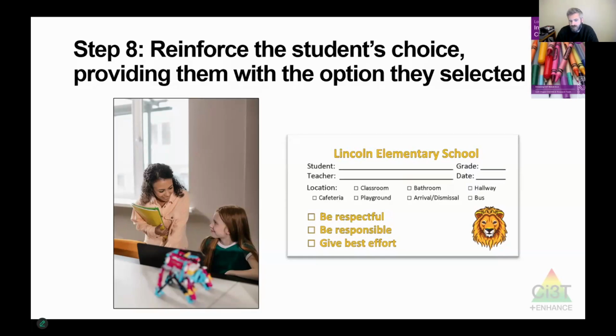So if you were to say, Susie, thanks for making a choice so quickly, and then provide her with a ticket, maybe that seems silly, but I actually think it's really important that we reinforce choice making, especially for kids that might be a little bit more indecisive, because again, we're reinforcing behaviors that are healthy for the student. Choice making is an important behavior. And so why not honor that and acknowledge it as well?